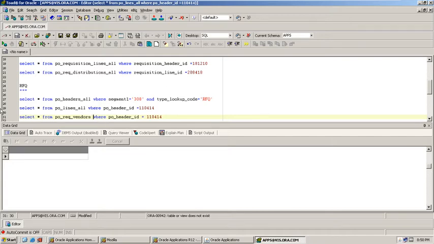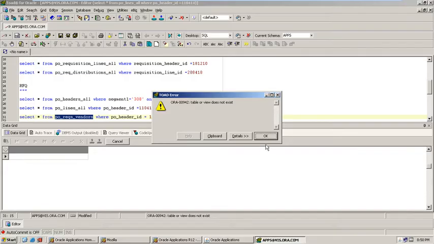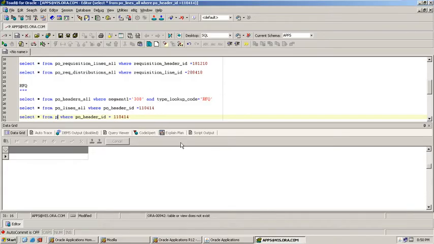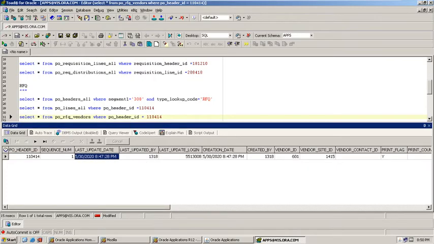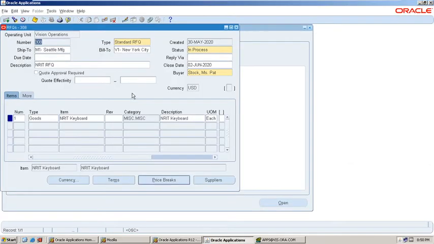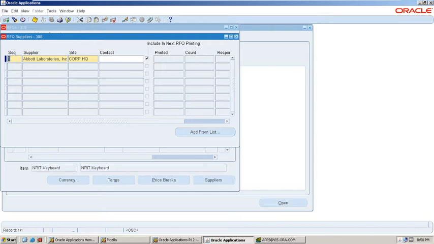Here we have requested the item from only one supplier. If you request the item from multiple suppliers, in this table you will see multiple records.